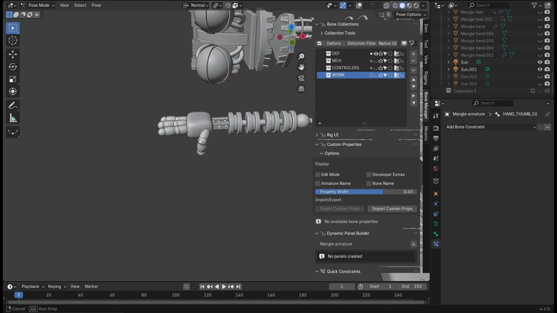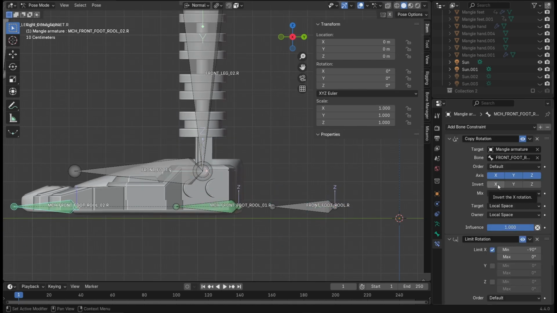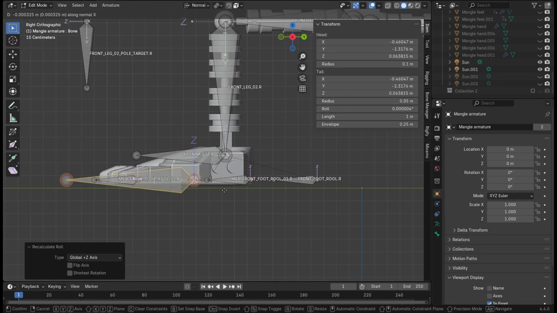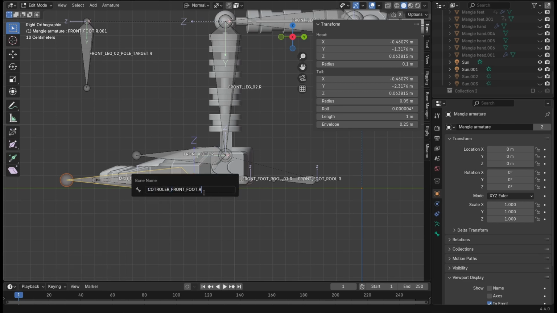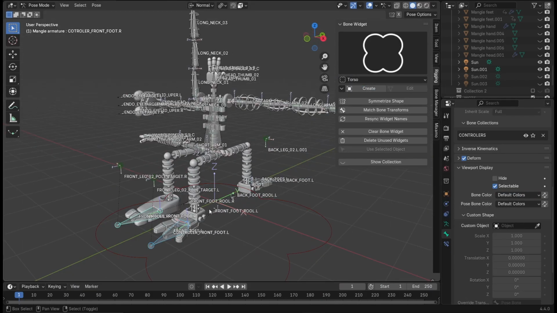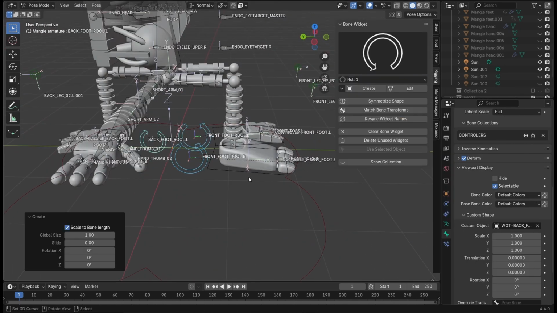Go check it out. The only IK chain I will make are the legs, which is the standard in rigging. To make it easier for myself, I will also add a foot roll controller, another standard in rigging. Tutorial for it will be coming soon, which means it will be free! To make it easier for my eyes, I will also add some bone shapes, so everything looks very nice. Now the rig is done, and we can now go to